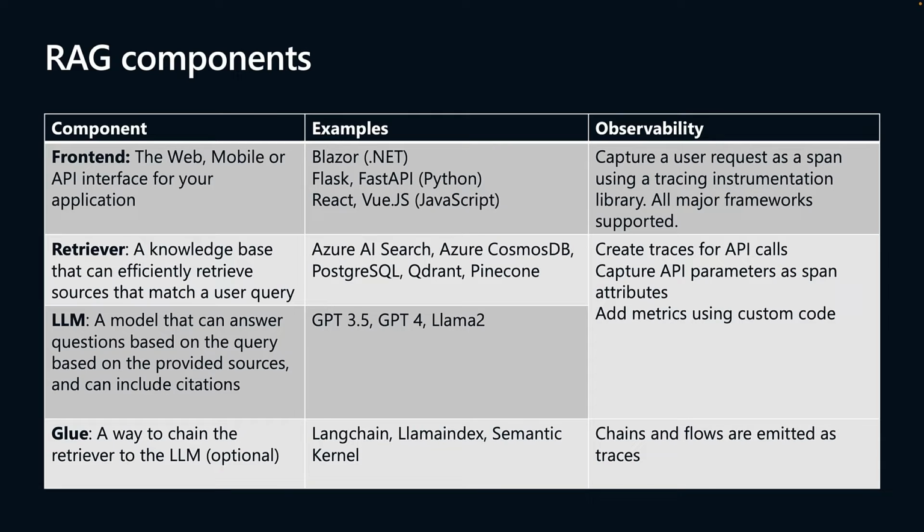So it would assign a trace on the front end, and then you have a retriever. So in RAG, often this is a database or it's a search system that understands AI queries. So in the case of Azure AI Search or Azure Cosmos DB, those are API calls that you're making. For Postgres, Qdrant or Pinecone, they're more similar to database calls that you're making. So each of those you need to think about, how do you instrument that call and what attributes do you